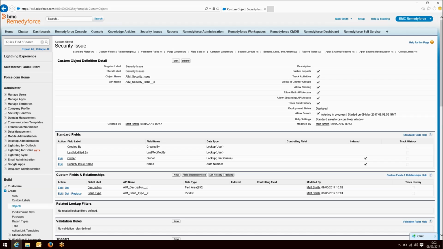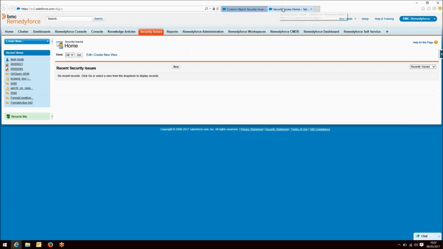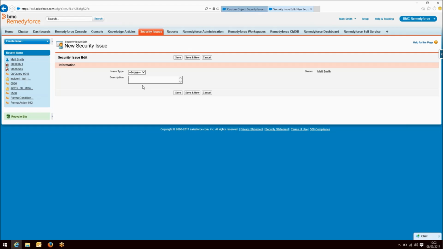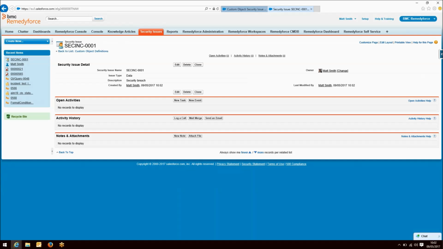And I'm just going to save that to the page layout. If we just open up our security issues object and click on new, you'll then see we have a really nice simple form here. Give it a save, and as simple as that, we've added a new record